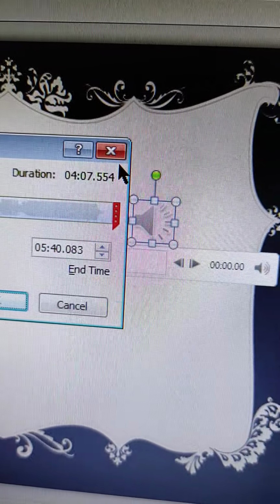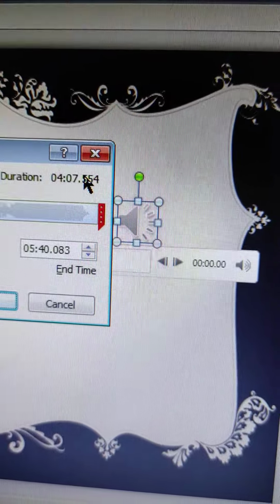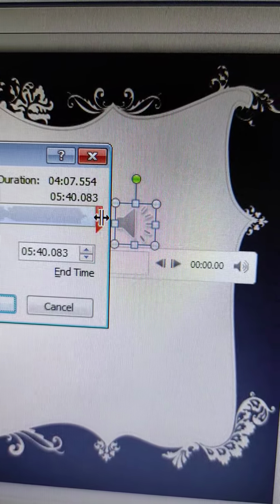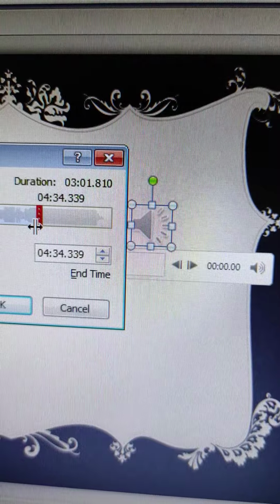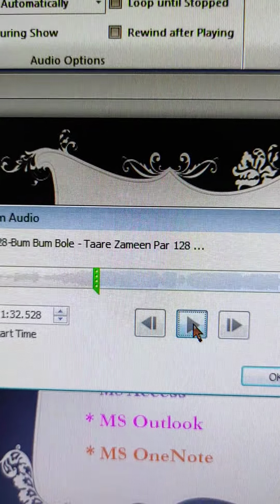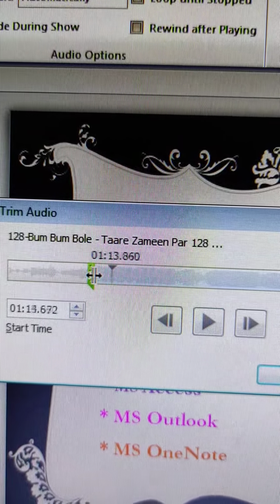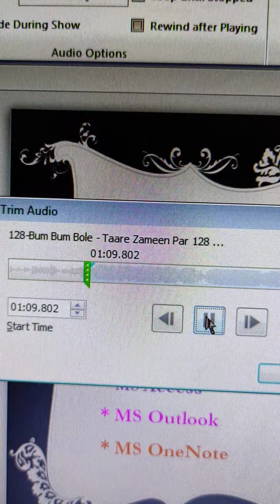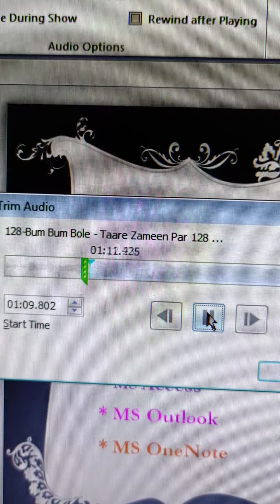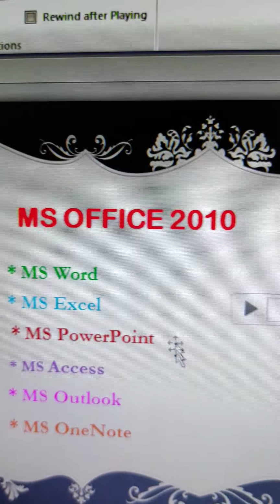And this is the red bar. Drag this red handle to the position where you want to end the audio. Now click on the Play button, you can see, it will start directly from here. Then click on OK.